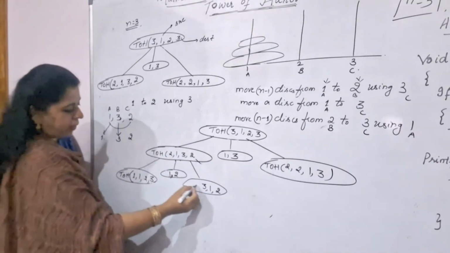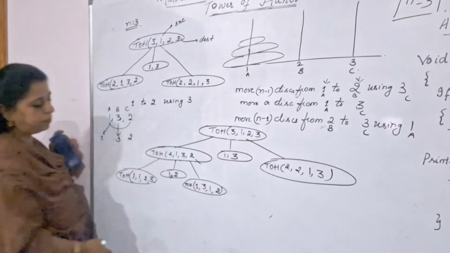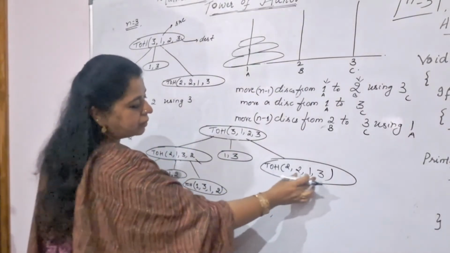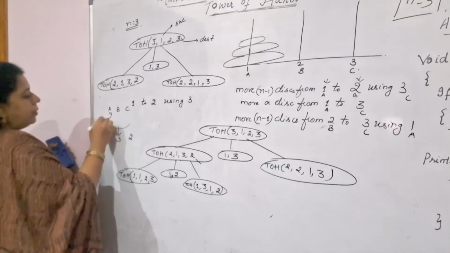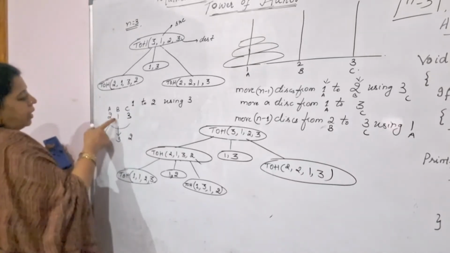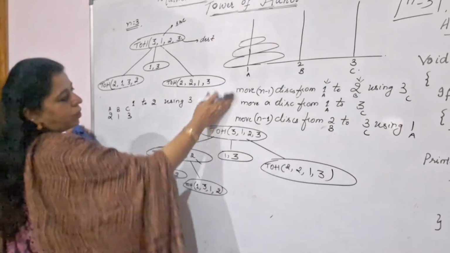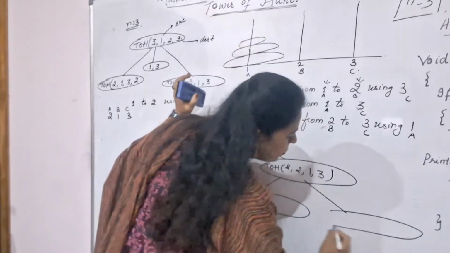What is the value of n? Definitely it is 1 only. So the function name I will write down 1 to 2. So like this you have to carry out. Now next time when you move towards your right hand side, you have 2, 1, 3. So 2, 1, 3, once again you write here. Now your 2 is A, 1 is B, 3 is C. So you follow the same steps what you have written here in order to pass the parameters for the next